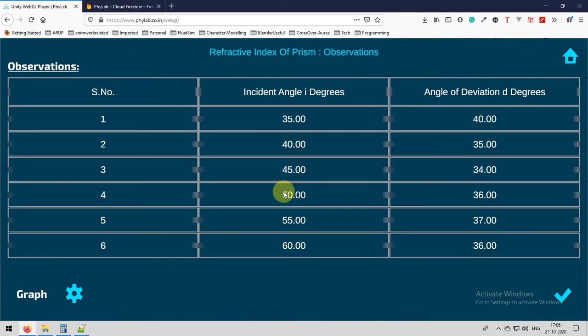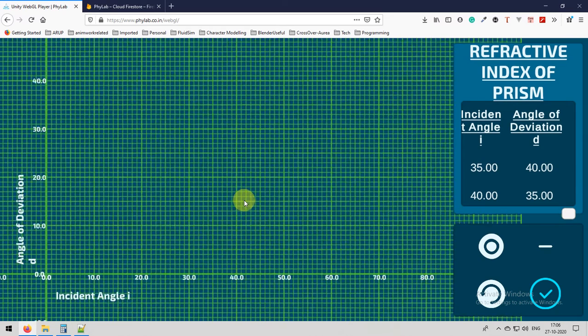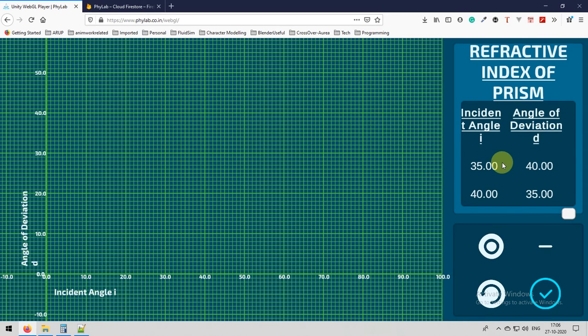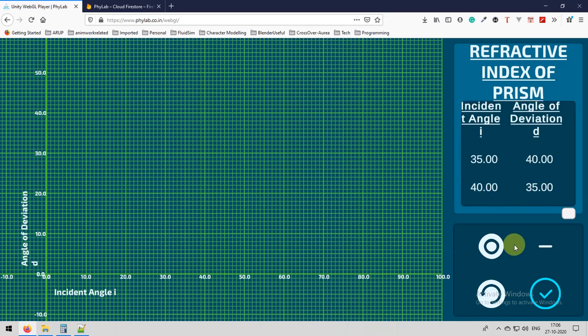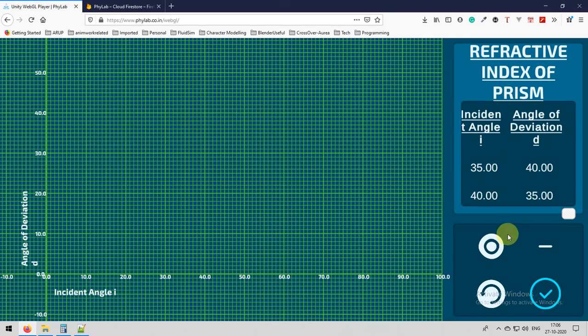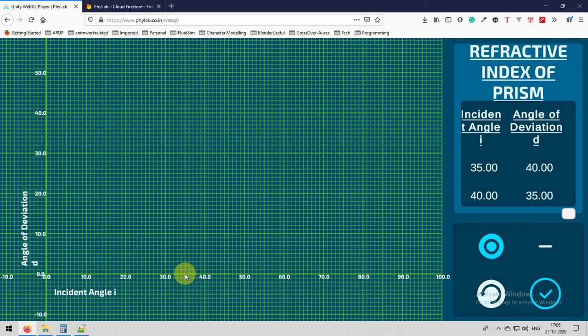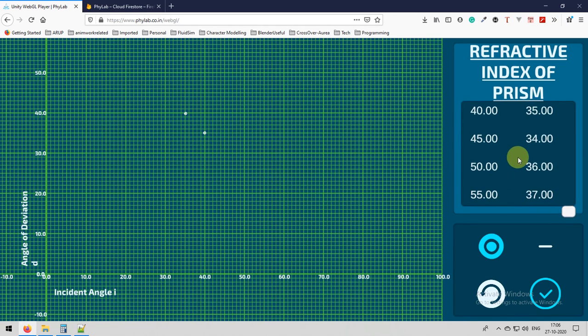On completing everything successfully, we will be greeted with a calculations page. Here you will see all the values which you captured till now, and then click on the graph page. You will enter into the graph mode so that you can create a graph and find out the minimum deviation. By using the pointer tool, you can draw all the points. You can use the mouse wheel to zoom in and zoom out the graph paper.